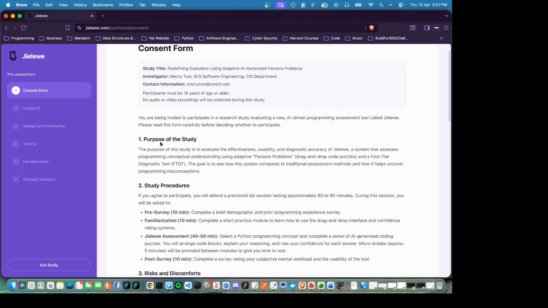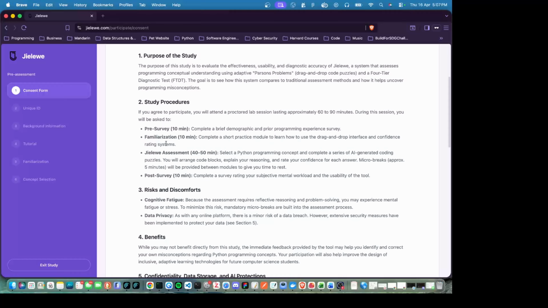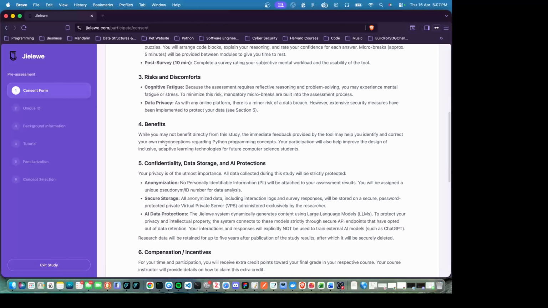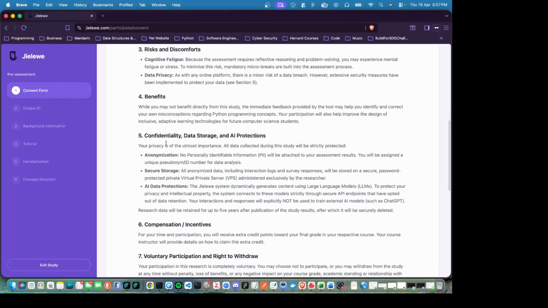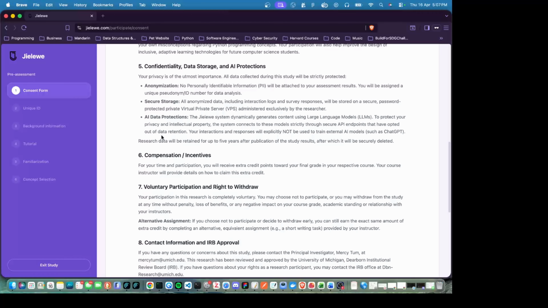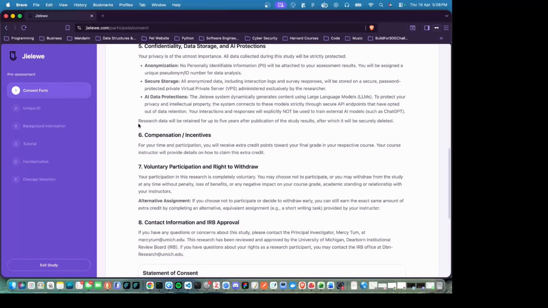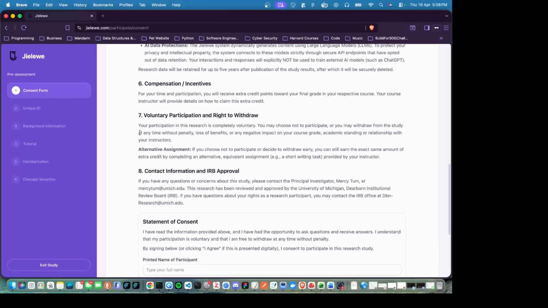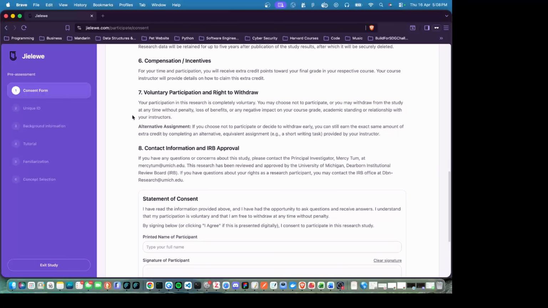This goes through again the procedures involved in the study, the purpose of the study, what risks there are when engaging in the study, the privacy, the data storage and protections, whether there's any compensation, and a reminder that you can always withdraw from the study if you want to.